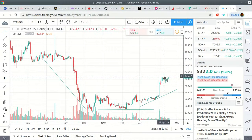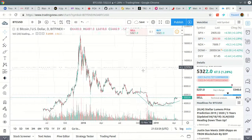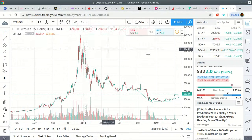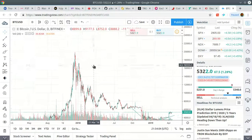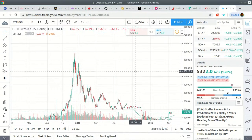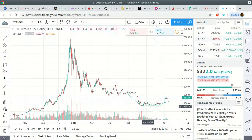I would say this is not financial advice, but time to jump in, because it's Bitcoin. When it starts to move, it moves, and eventually we will get back to this stage right here, where it reaches 20,000. Just pull this back here, right up here, 20,000, or if you want to be specific, 19,815. On some exchanges they hit 20,000, but this is Bitfinex. But yeah, so market is looking good, and once Bitcoin moves,